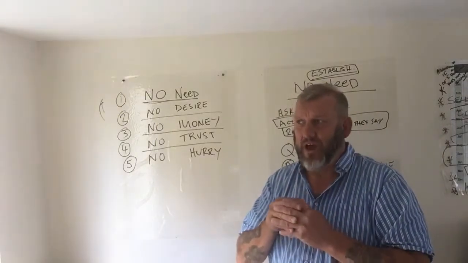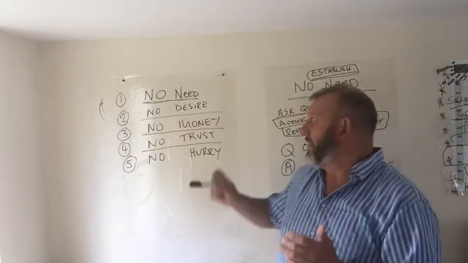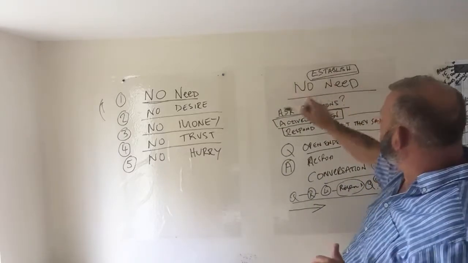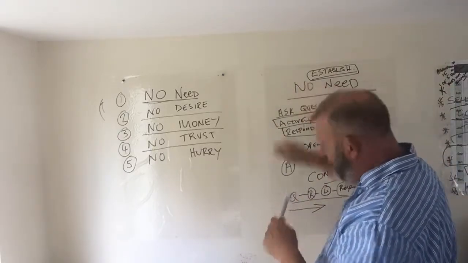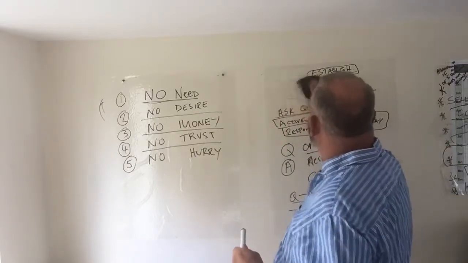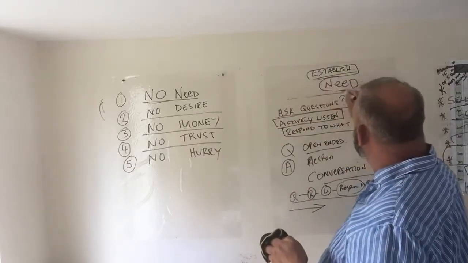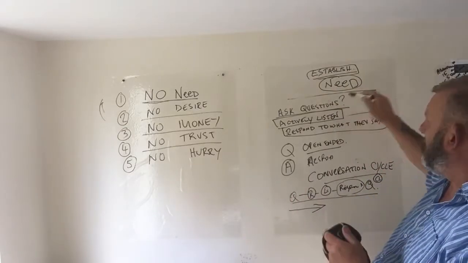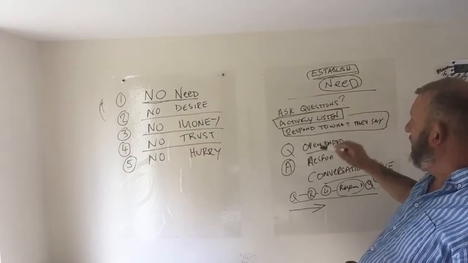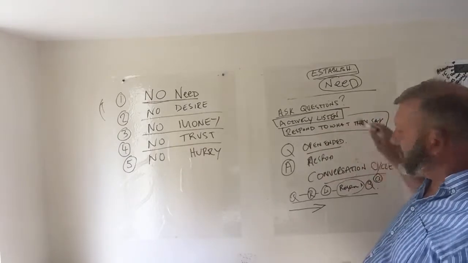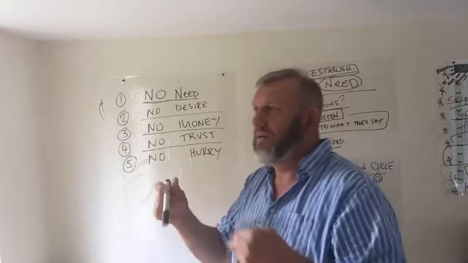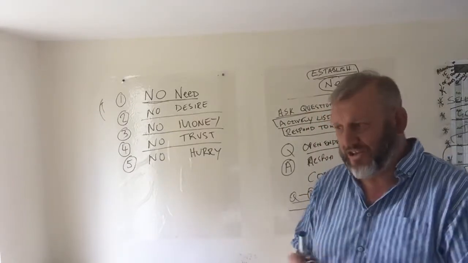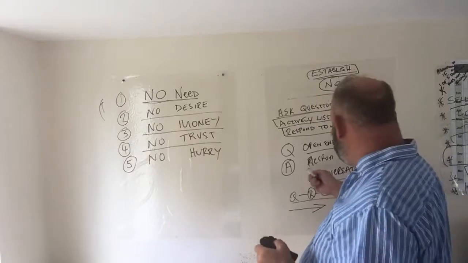If I've made sense, then hopefully, but the point I'm trying to make is that we need to establish the need. We need to establish the fact that they do need, so we get rid of the no need. We'll do that quickly. Going to recap quickly. We ask some questions, we actively listen, we respond to what the client says. We ask some more open-ended questions until we've dug out a reason, because we're not stupid people, we're clever people. So if they don't give us the answer that we want initially, we dig again. We ask another open question.